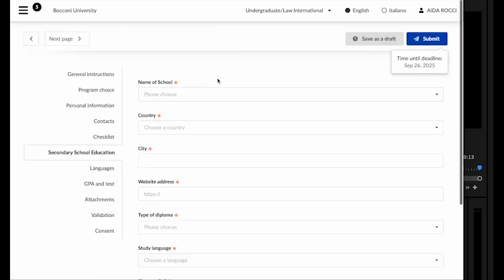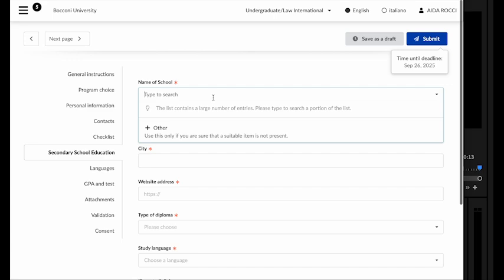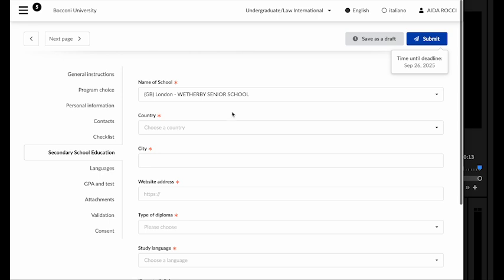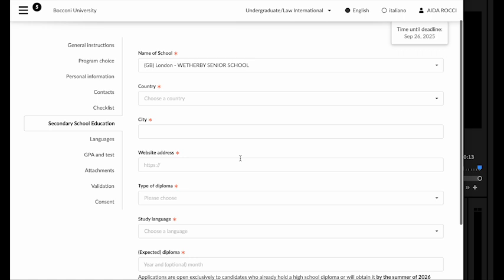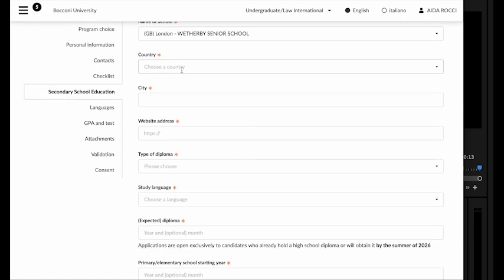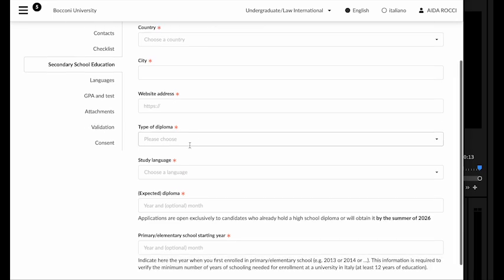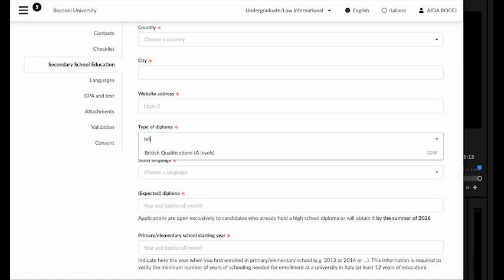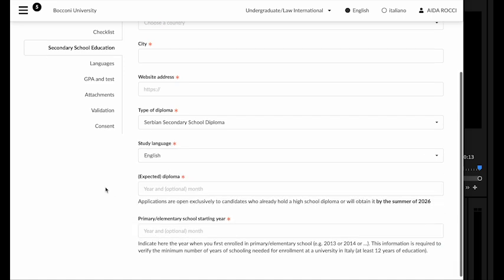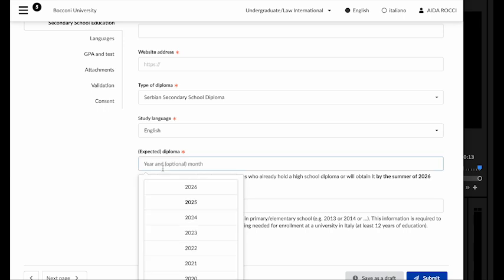Here you can add your school. So I'm going to choose, for instance, whether it be senior. If it doesn't show up, don't worry. You can add it afterwards. So you will just add the name here and then give them their website and all of the detail, which you have to do regardless. So country, city, the website address of your school, the type of diploma, again, British qualifications, the study language, most likely English. You will get your diploma next year